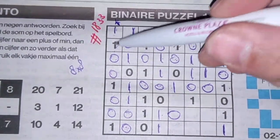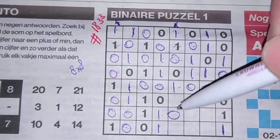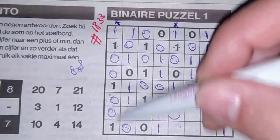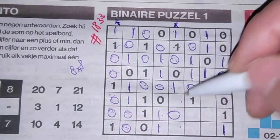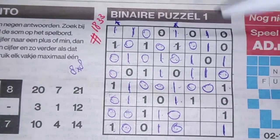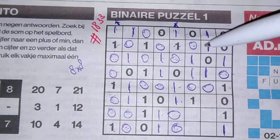1 1 1 1 0 0 0 0 1 1 empty box 0 0 empty box. So we need to switch those two numbers. We have a 0 here, this should be a 1. We have a 1 here, this should be a 0. Yes, and now